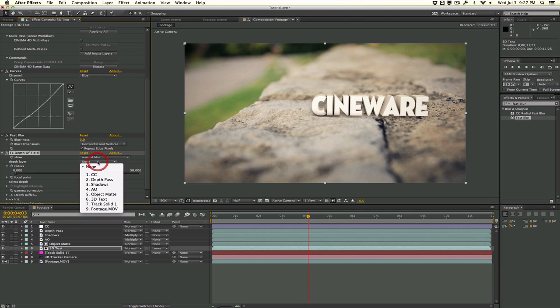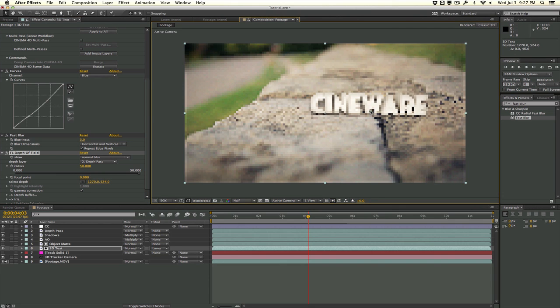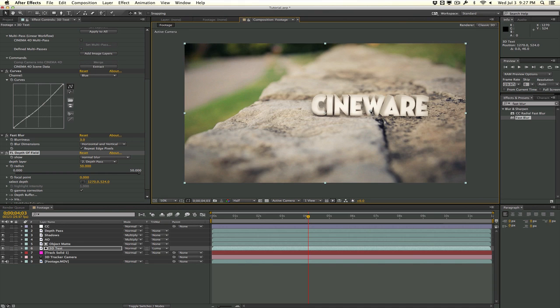So I'm going to select our depth layer. That's going to be our depth pass. And you don't see anything, but once we turn up the radius to around 50 or so, you can kind of see the blur. I'm going to select our depth, which is right around here. I want the bottom of the text to be kind of in focus. And this is probably not the best way to do it,